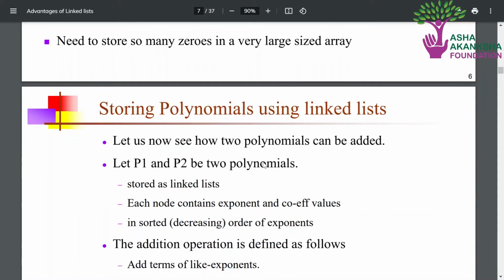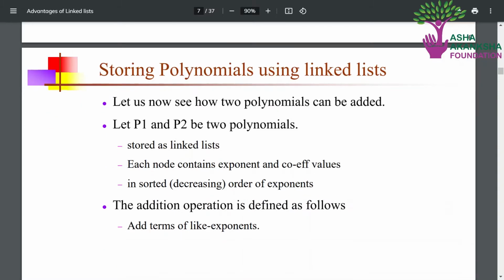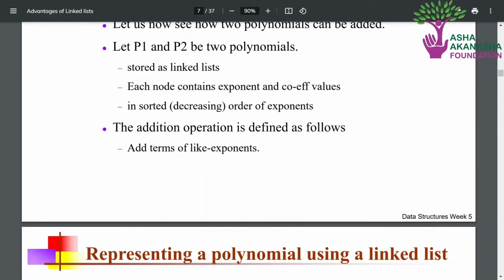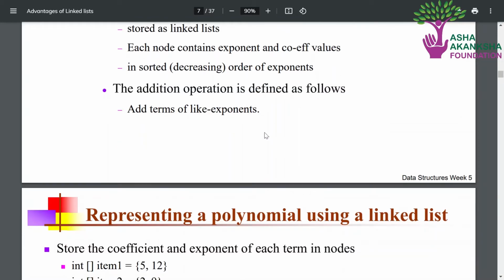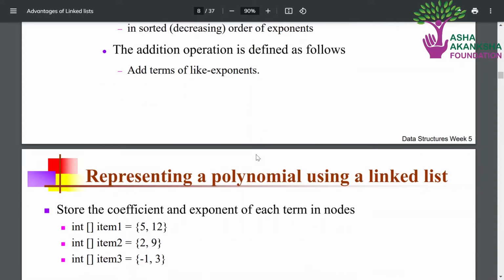So let's assume that P1 and P2 are any two polynomials. These polynomials are stored as linked lists. Each node contains exponent and coefficient values, in sorted or decreasing order of exponents. The addition operation can be achieved by adding the coefficients of terms with the same exponent values.